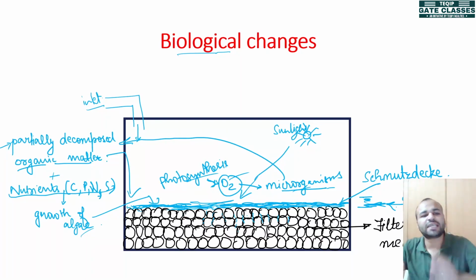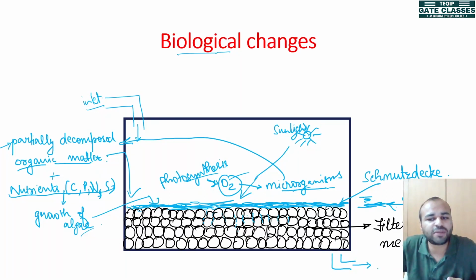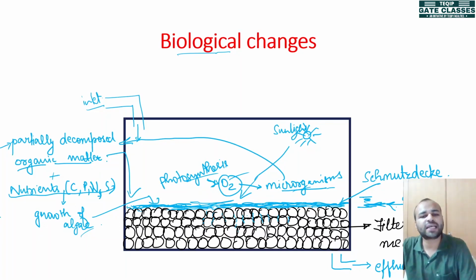Okay, once a cycle is started, inlet water is allowed to fill in. This process happens, mechanical straining happens, and because of it voids also get clogged, then sedimentation is also occurring, then biological changes also add up to the blockage in the filter medium, and eventually the blockage exceeds the available energy through the head of the water, and because of it the tank chokes, and once it is choked, we are not able to find any water in the effluent. So what we do, we perform a cleaning process.